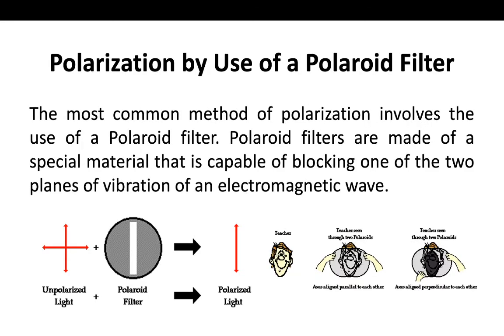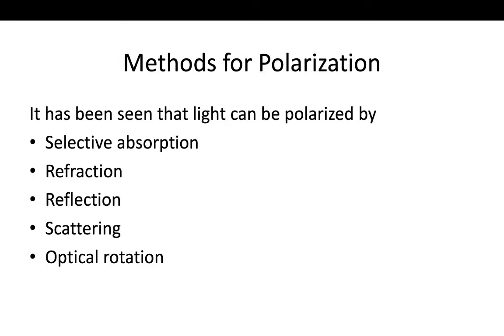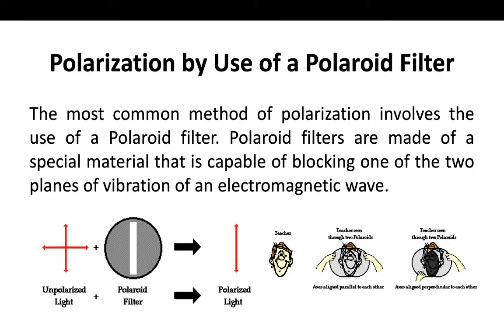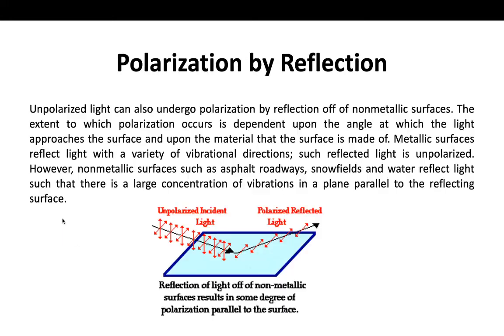So let's start with polarization by using a Polaroid filter, that is, selective absorption. The most common method of polarization involves the use of a Polaroid filter. Polaroid filters are made up of special material that is capable of blocking one of the two planes of vibration of an electromagnetic wave. If we see in the first picture, the light was coming